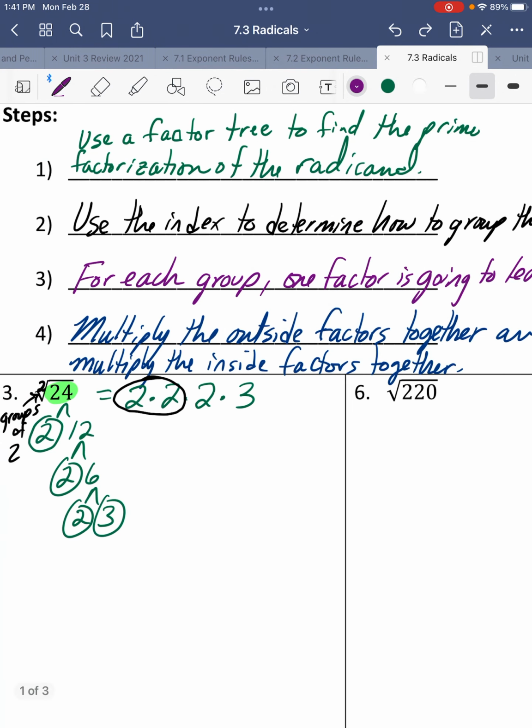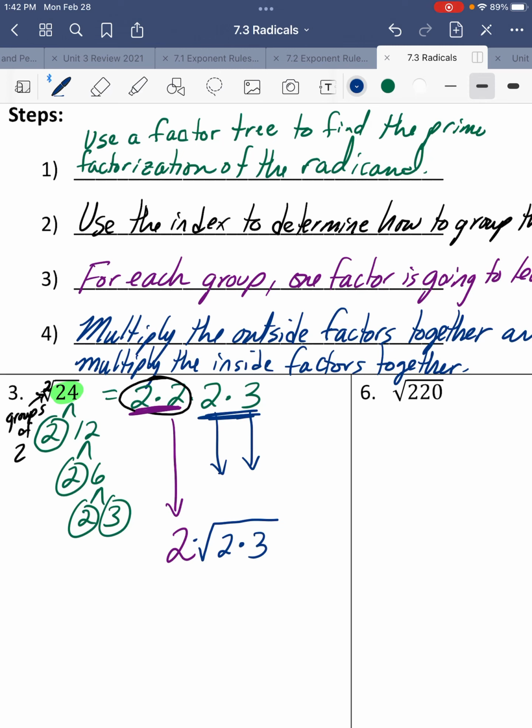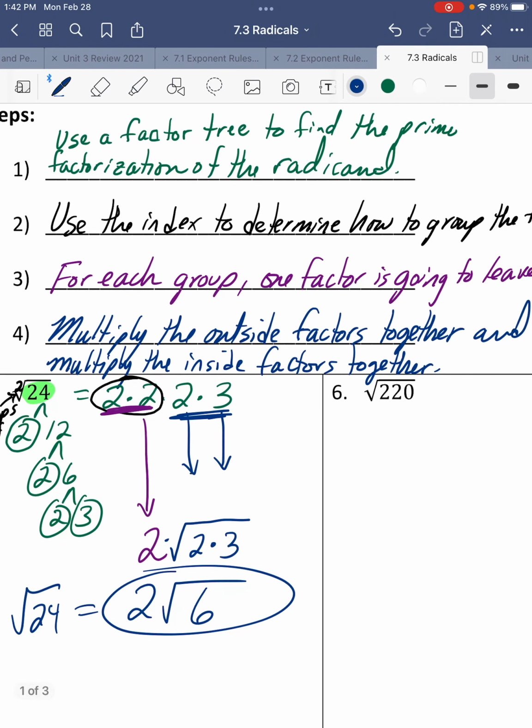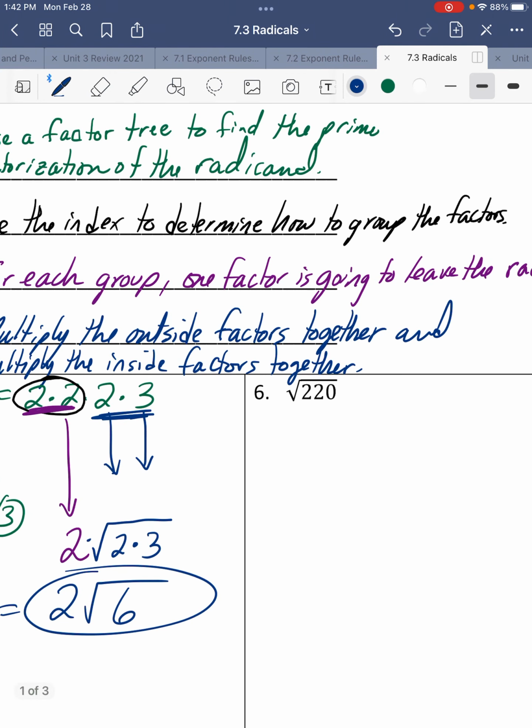That's going to come down. So 2 on the outside, 2 times 3 on the inside is 6. So the square root of 24 simplifies to 2 square root of 6. All right, let's break this down again. The next one,